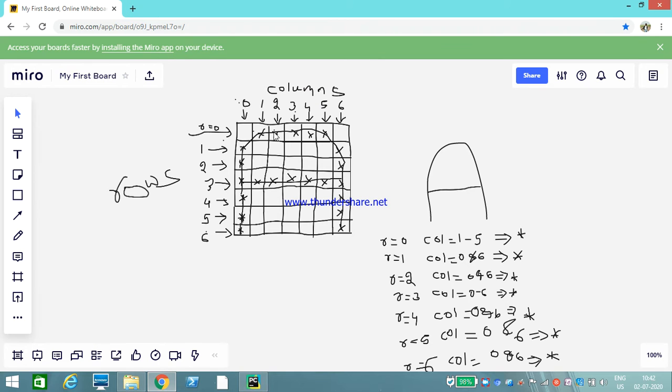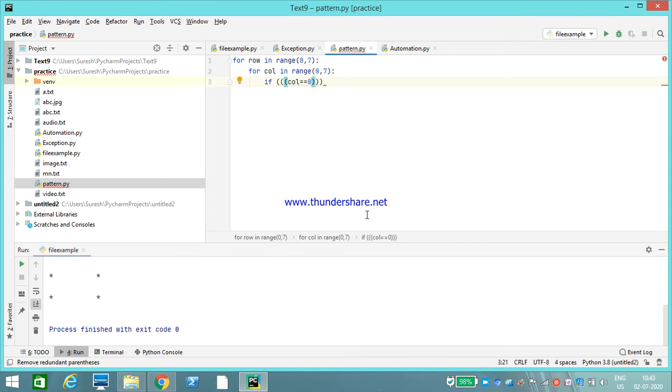This is my first column. Observe here: whatever occurs in the first column, the same thing occurs in the sixth column, right? We need to get the same pattern in the sixth column also. So we have to include here the sixth column, either column 0 or column 6.